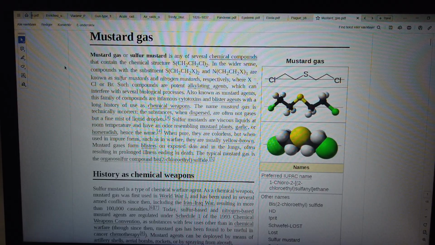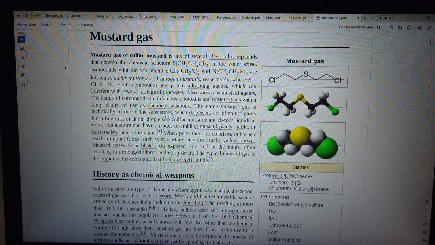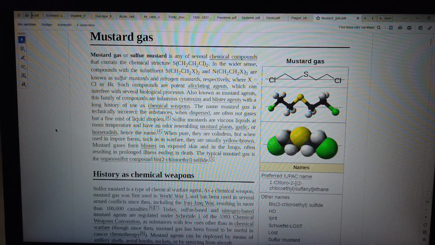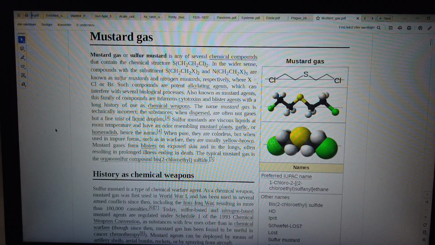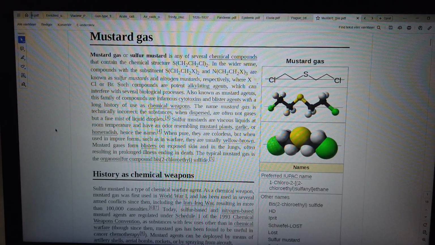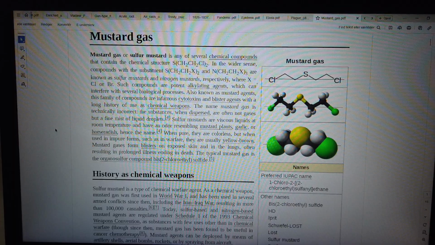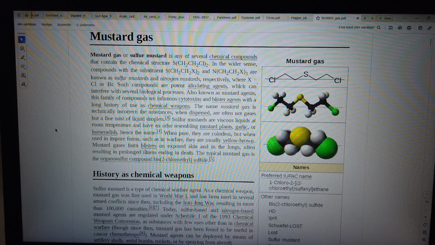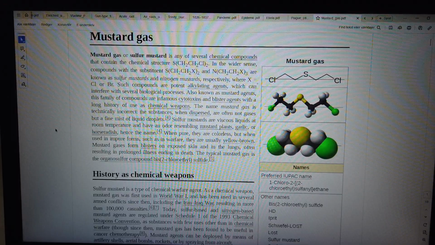Also known as mustard agents, this family of compounds are infamous cytotoxins and blister agents with a long history of use as chemical weapons. The name mustard gas is technically incorrect. The substances, when dispersed, are often not gases but a fine mist of liquid droplets. Sulfur mustards are viscous liquids at room temperature and have an odor resembling mustard plants, garlic, or horseradish, hence the name. When pure, they are colorless, but when used in impure forms, such as in warfare, they are